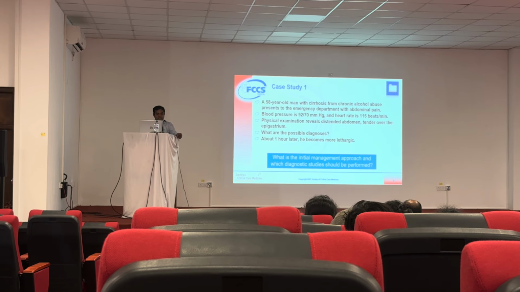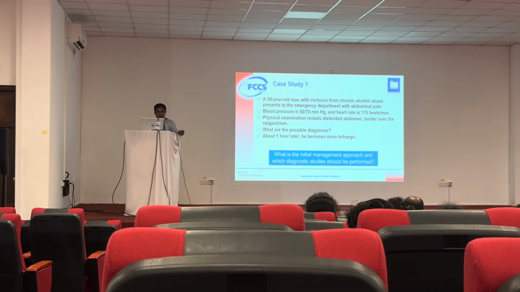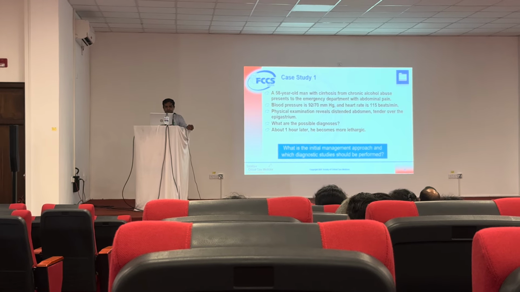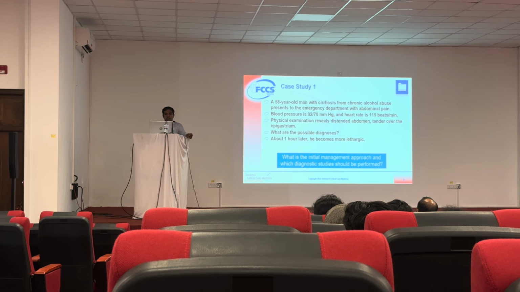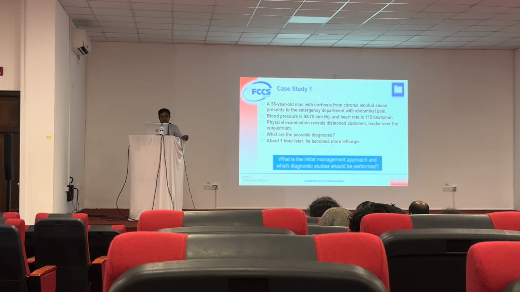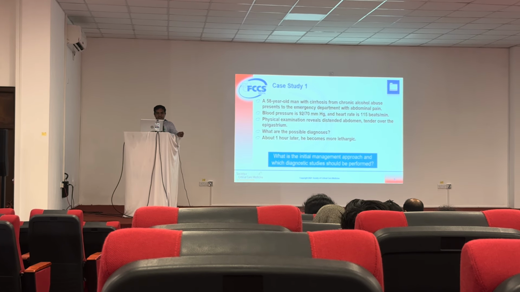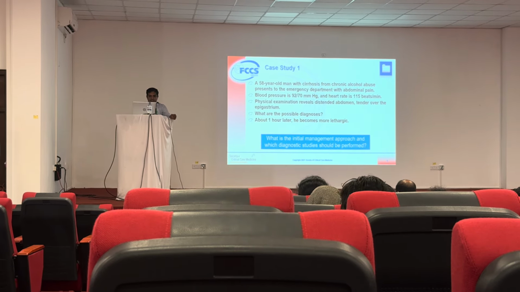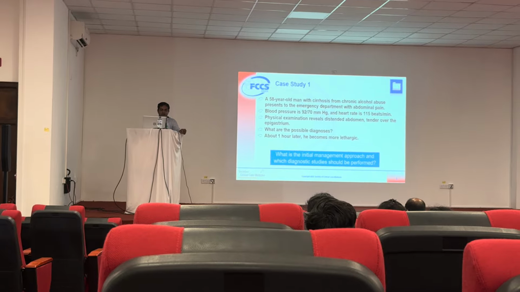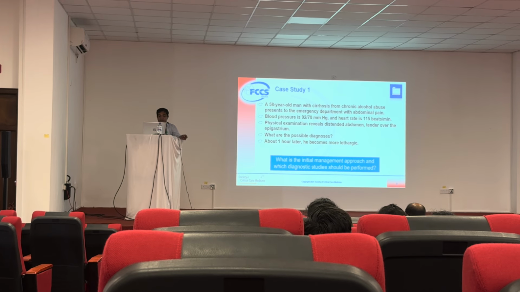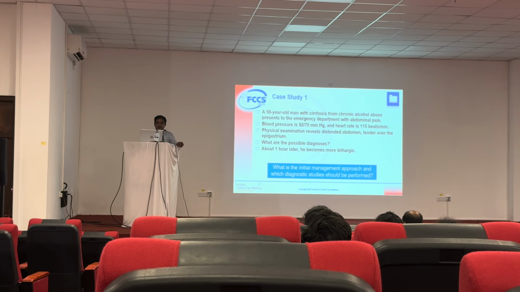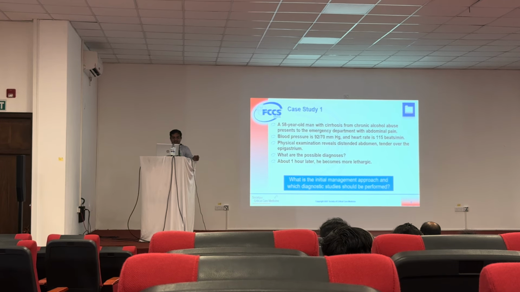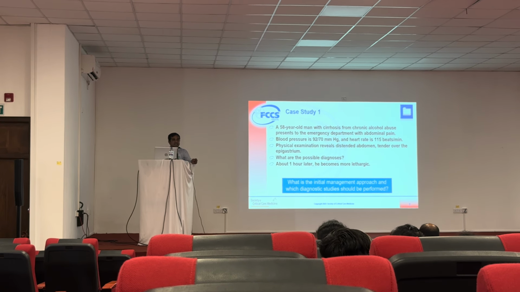A 58-year-old man with cirrhosis from chronic alcohol abuse presents to the emergency department with abdominal pain. Blood pressure 90/70, heart rate 150. Physical examination reveals a distended abdomen, tender over the epigastrium. What are the possible diagnoses? About 1 hour later, the patient becomes more lethargic. So, with the pressure of 90/70, heart rate 115, and lethargy, you should think about some serious conditions